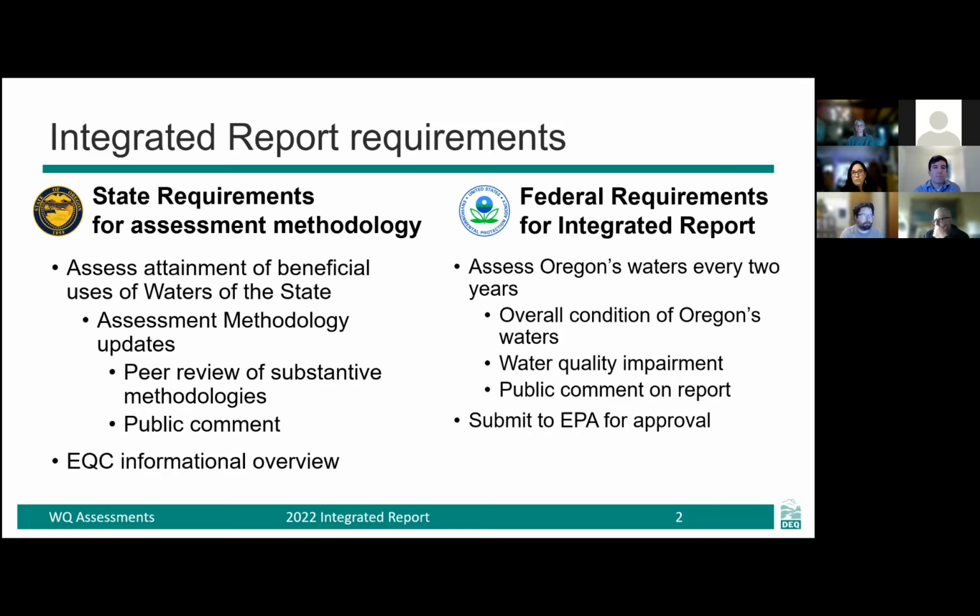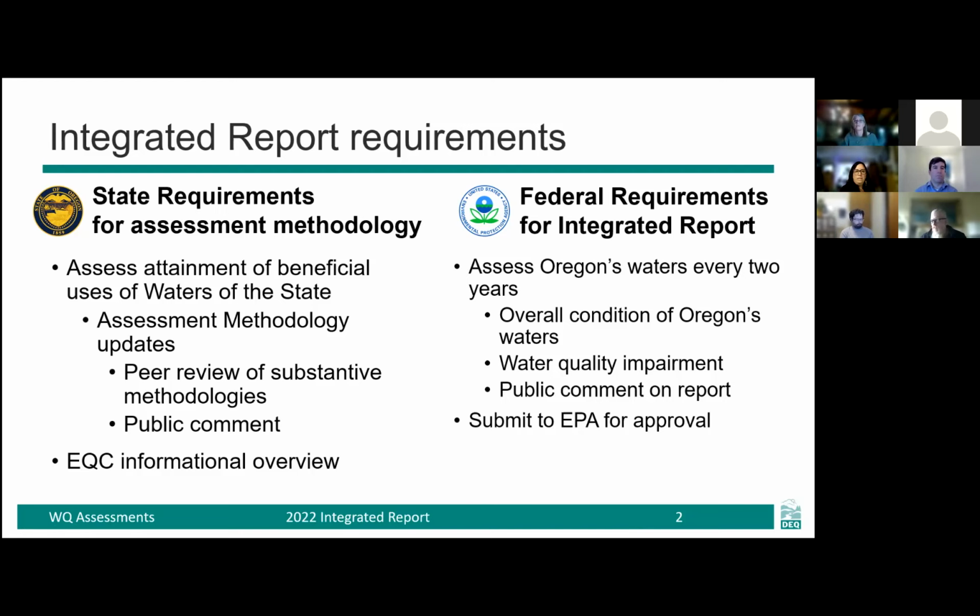Oregon has some of its own requirements surrounding this program or report. States must develop what's called an assessment methodology that outlines how the report will be generated, how data will be accumulated and assessed against water quality standards. About 10 years ago, the state of Oregon asked DEQ, under state statute, to put out for peer review any substantive changes to that methodology.